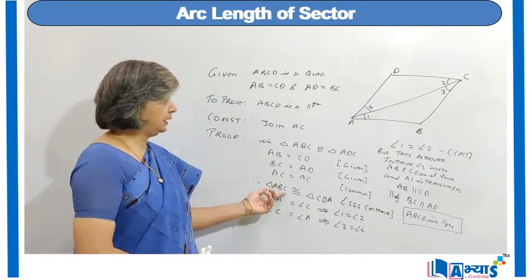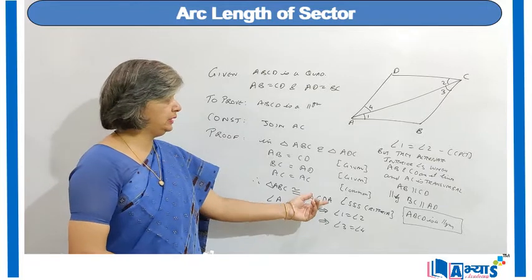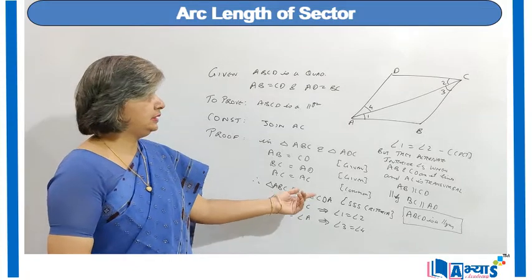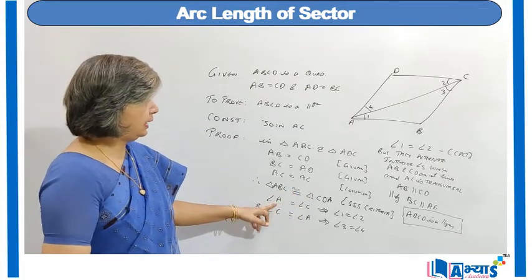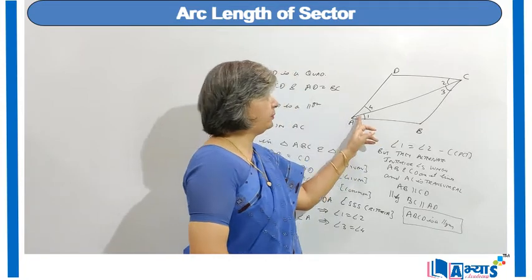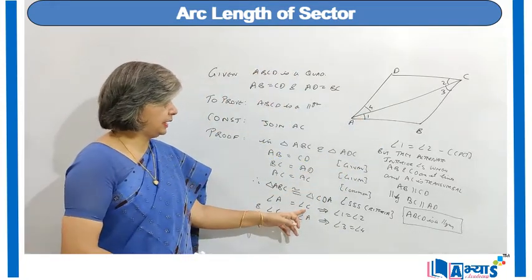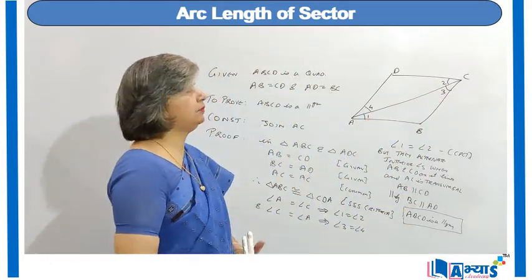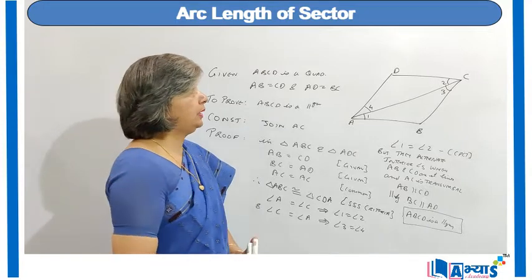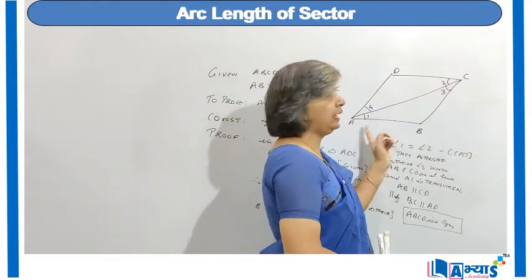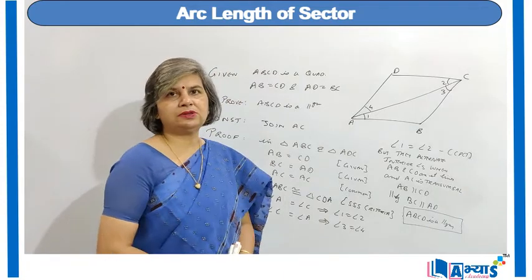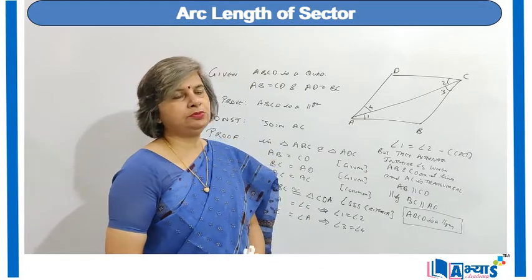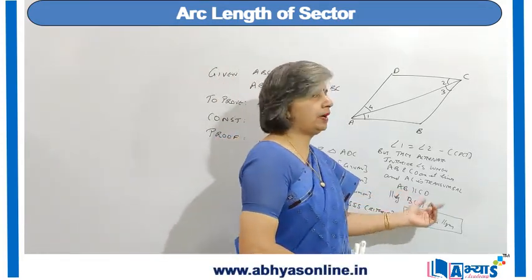So we have written that triangle ABC is congruent to triangle CDA, so angle A of triangle ABC is equal to angle C of triangle CDA. Angle A of triangle ABC we have marked as 1, and angle C of triangle CDA we have marked as 2. So we can say that angle 1 is equal to angle 2 from CPCT. But they are alternate angles when CD and AB are straight lines and AC is the transversal. As we have proved that they are equal, and when the alternate angles are equal the lines should be parallel, so AB is parallel to CD.